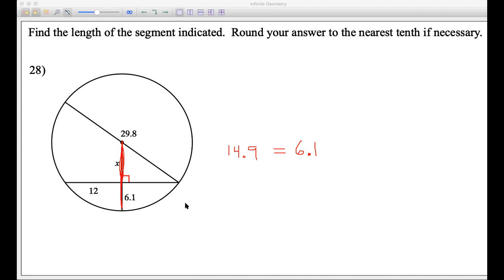Let me write the final part of it. Plus X. Okay. Danny, this piece right here, what is that? And it's 29.8. What's the relationship between a diameter and a radius? It's the middle, so therefore it's half of 29.8, which is